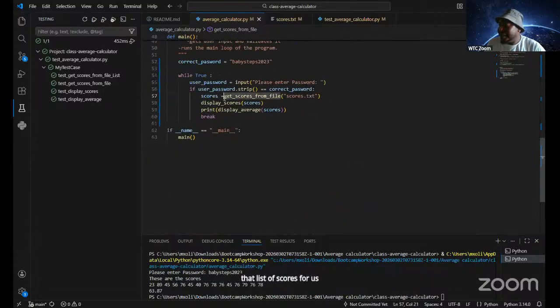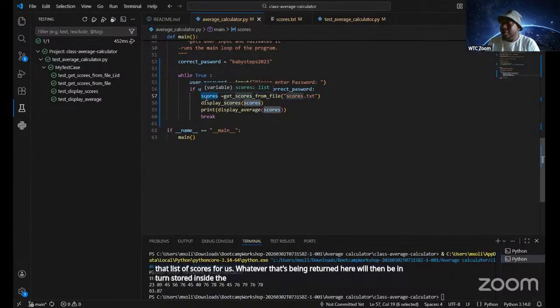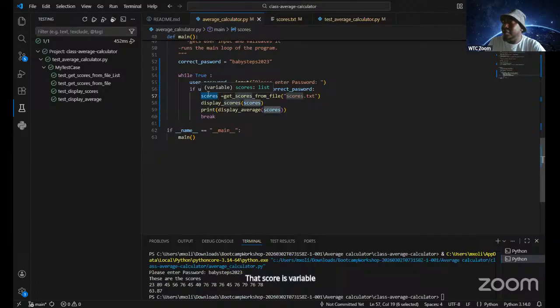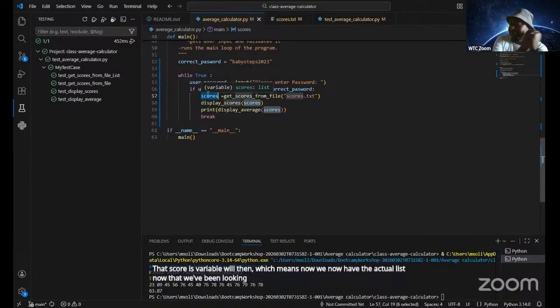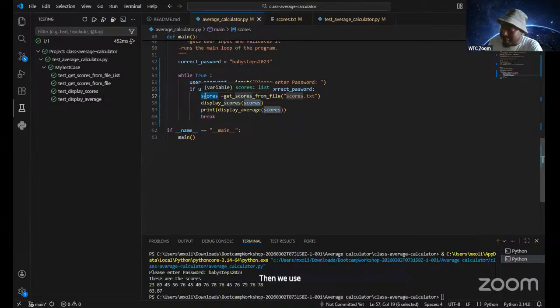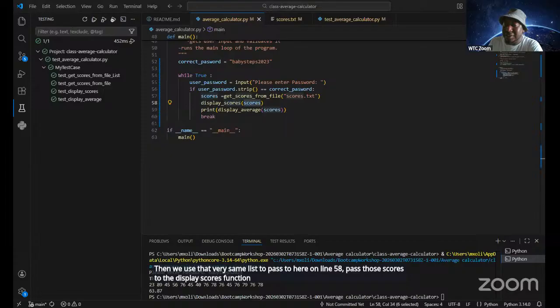Whatever is being returned here will then be stored inside the scores variable, which means we now have the actual list that we've been looking for, right? Then we use that very same list and pass those scores on line 58 to the display scores function, right? I hope that clears it up for you.